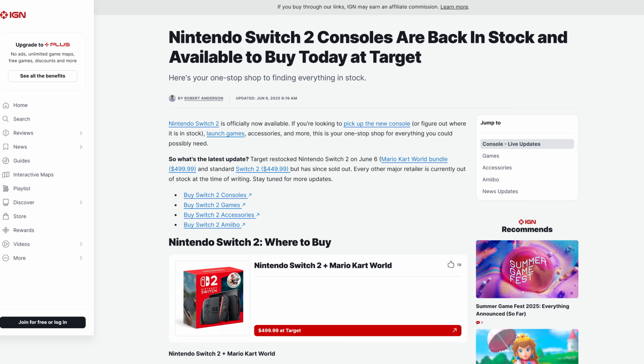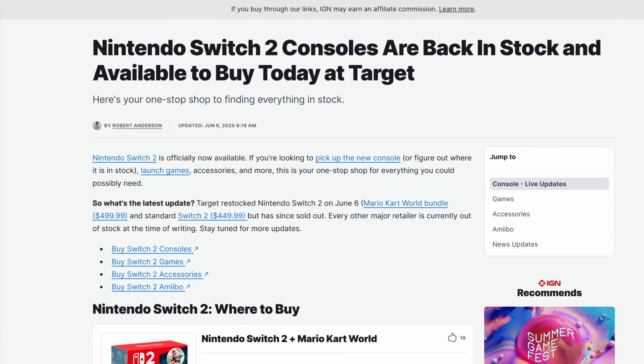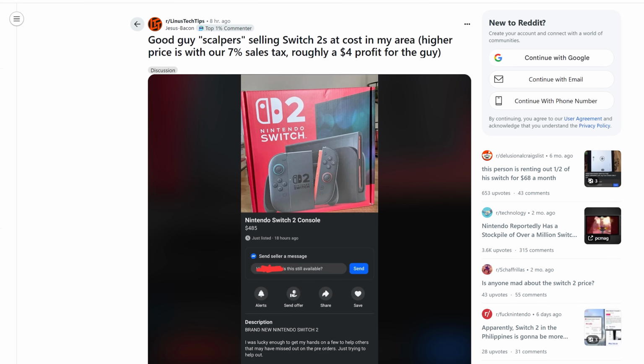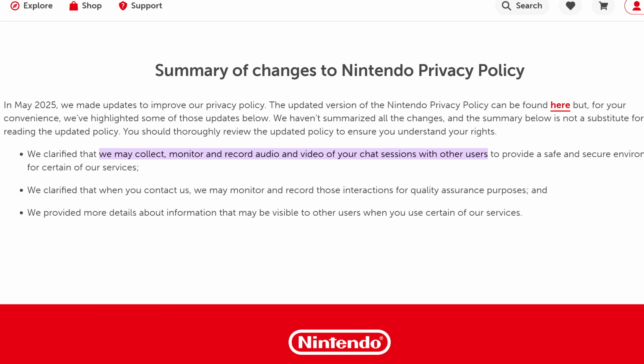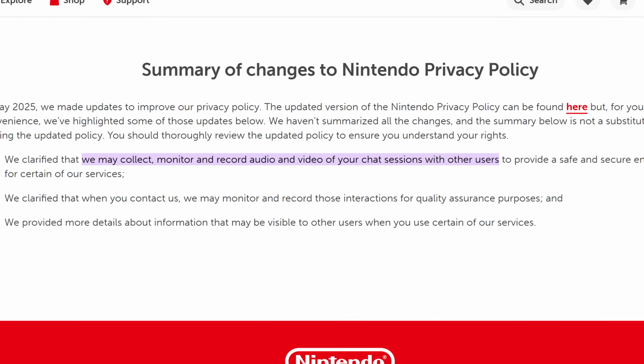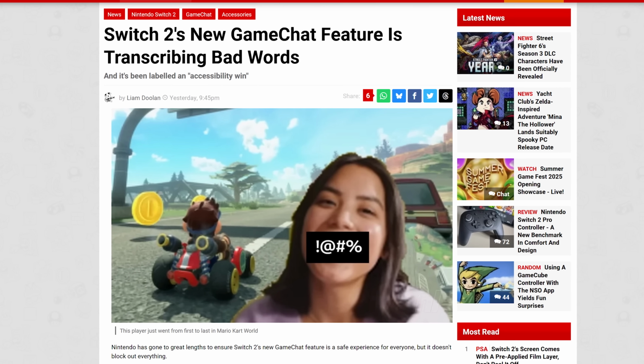If you want a Switch 2, while online stock goes real fast, it seems like retailers are getting regular restocks in store. I mean, look at this scalper selling a Switch 2 for very close to MSRP. Nature is healing. Just be aware that your game chats are probably being recorded. But at least it's recording and transcribing even the bad words too. So you can say Mario has a poopy butt and Goombas, and Nintendo has to put that on the screen,